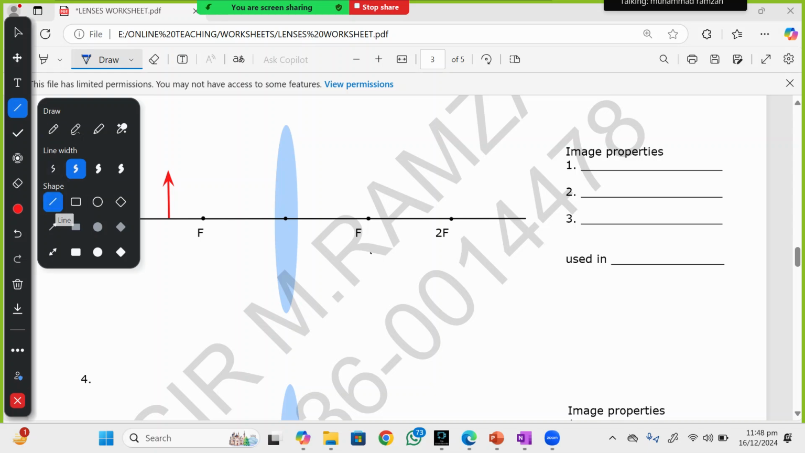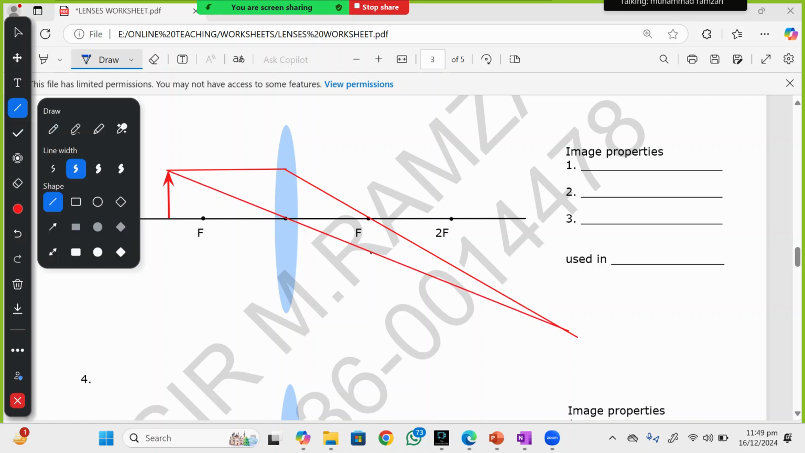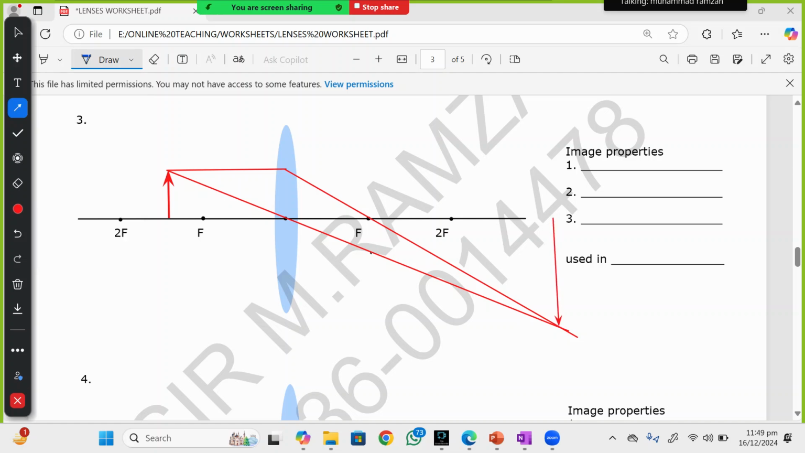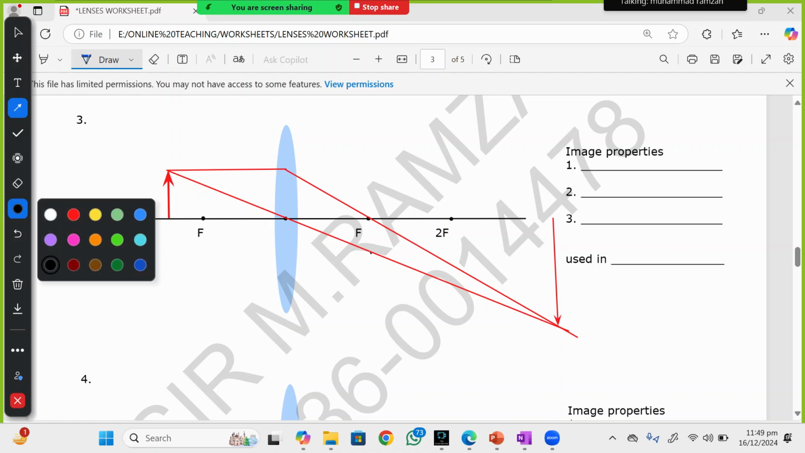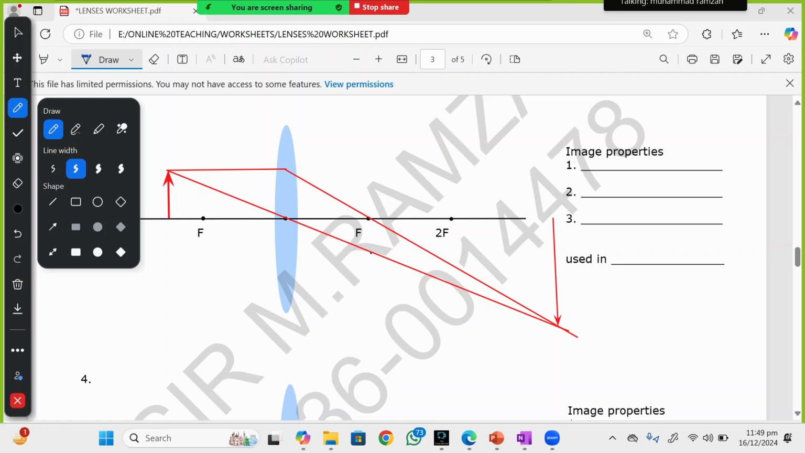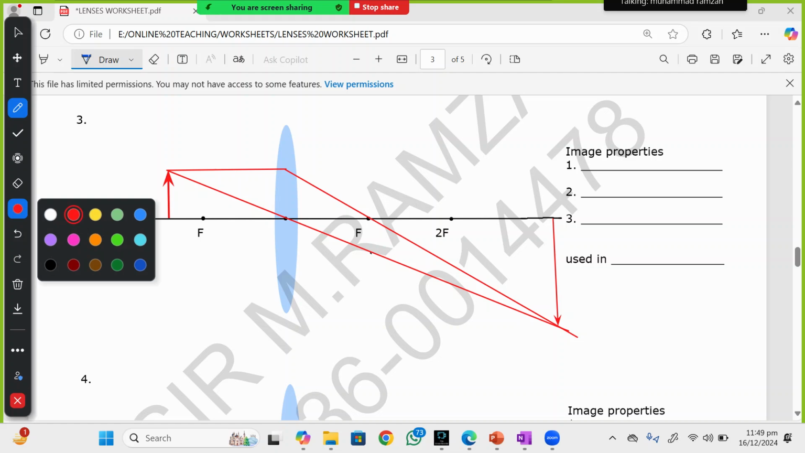I have two rays. The ray which is parallel to the principal axis is passing through the focal, and the ray which is passing through the optical center would go straight. If we see, these rays are going to meet somewhere here. So I have to draw an arrow in such a way that it should exactly be starting from the principal axis. Now if I look for the properties, the image is